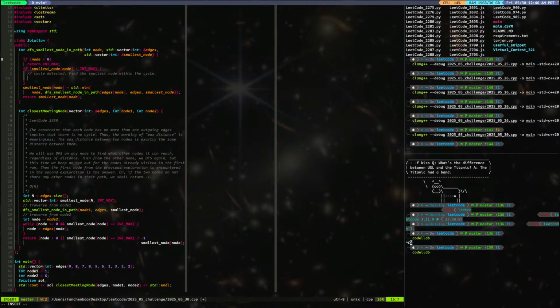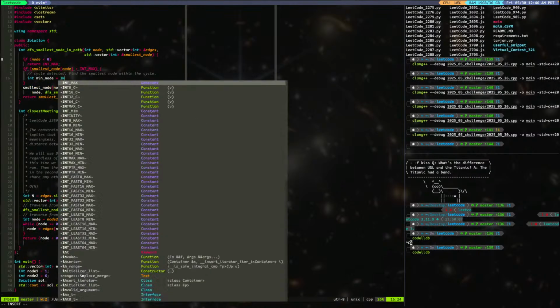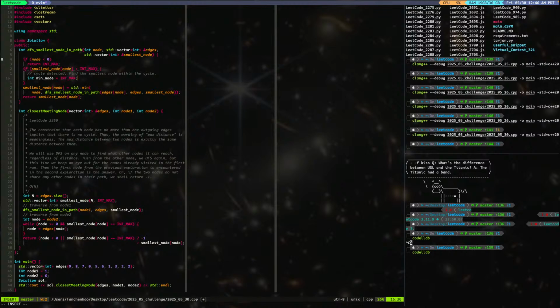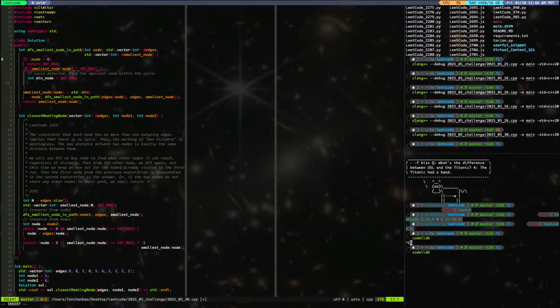Okay, so we start from a node, and then we go back to node, right? And then we say int min node equal to int max. Right, min node. Then we will go through